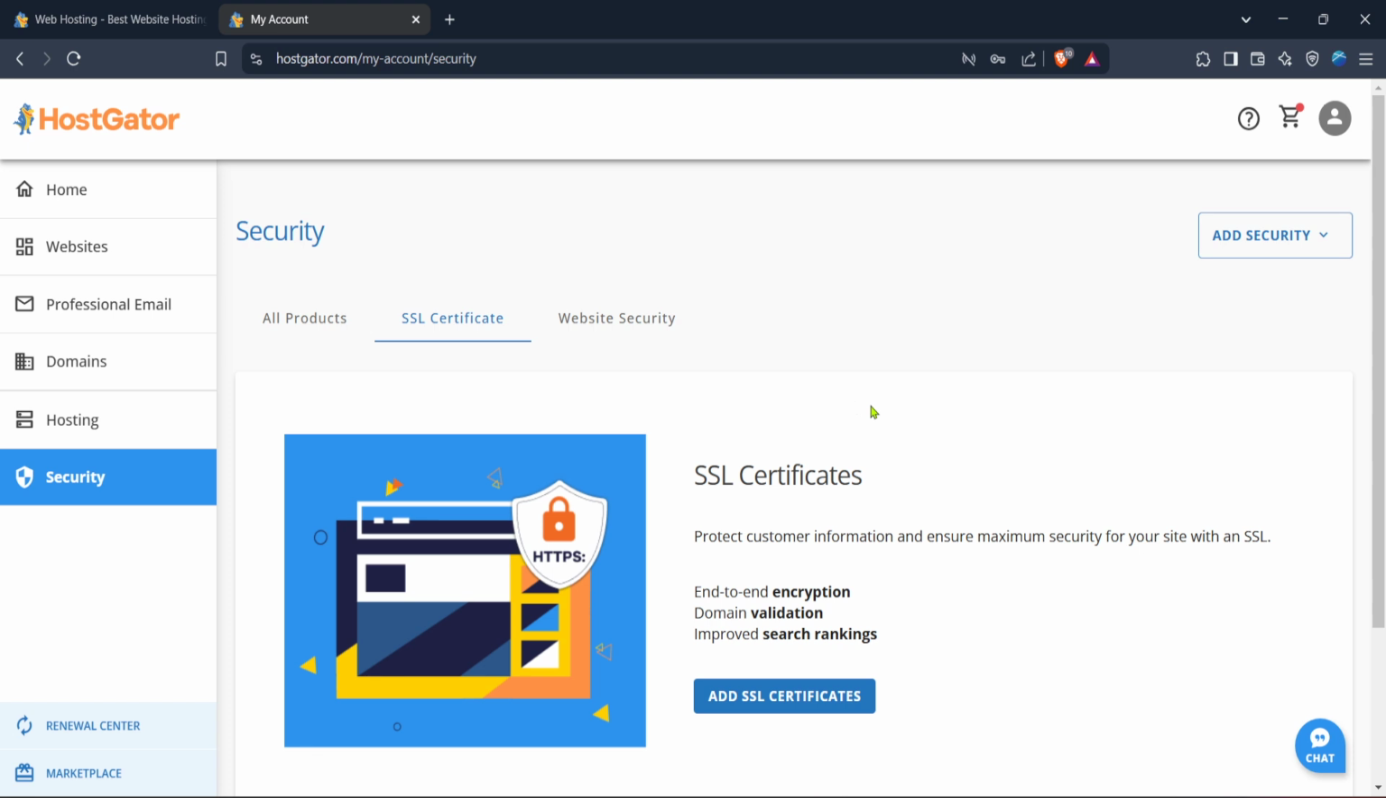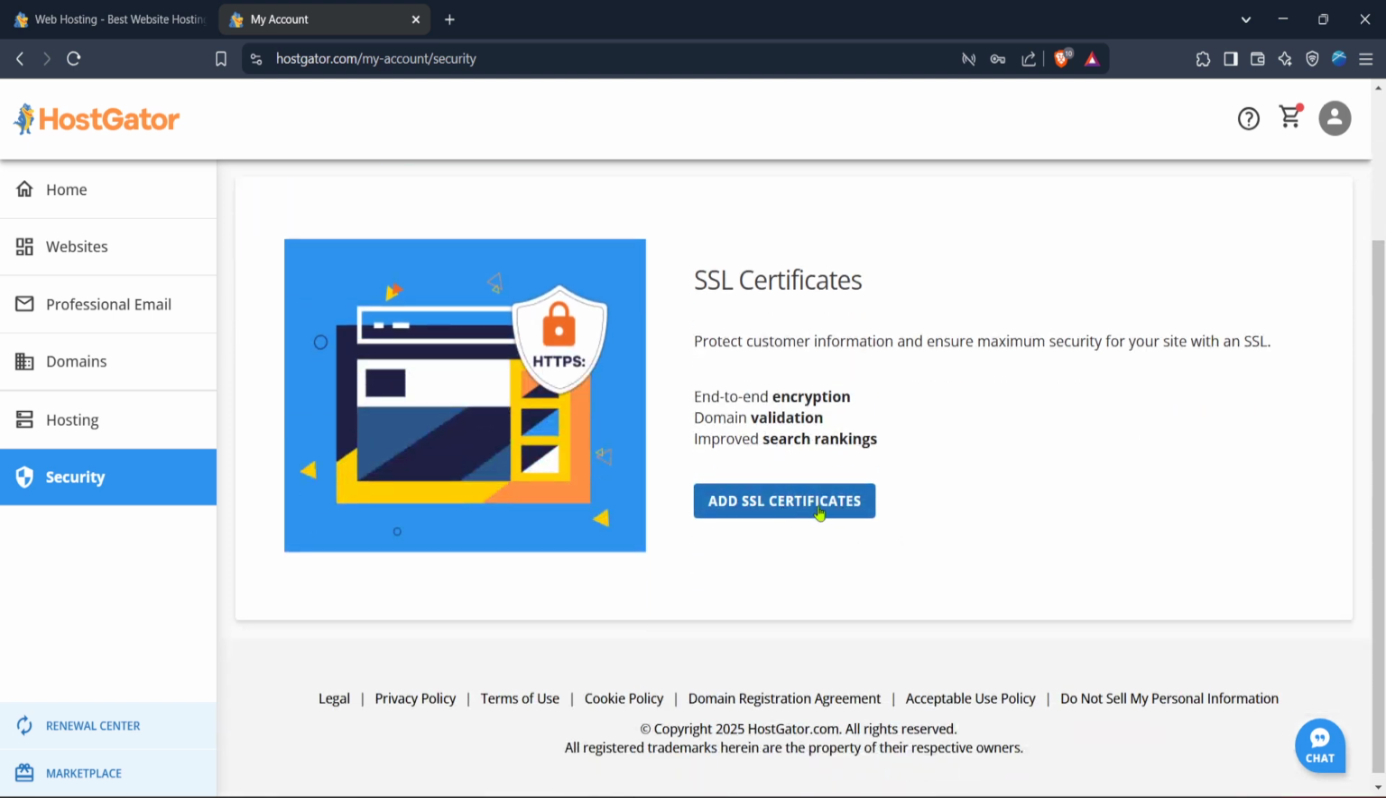An SSL certificate is crucial for encrypting data between your site and its visitors, ensuring that sensitive information remains secure. At this stage, you might see a list of available certificates for your domains, or an option to add a new one. If you don't see any certificates listed, it typically means you need to purchase one or activate a